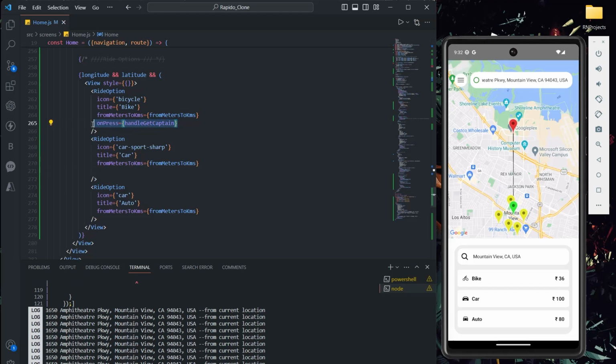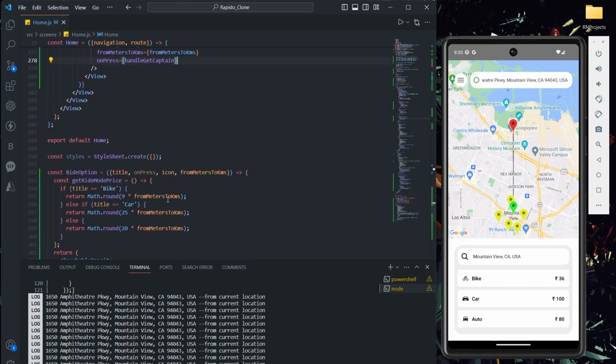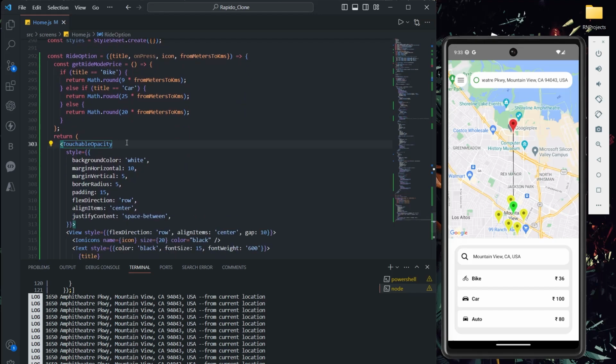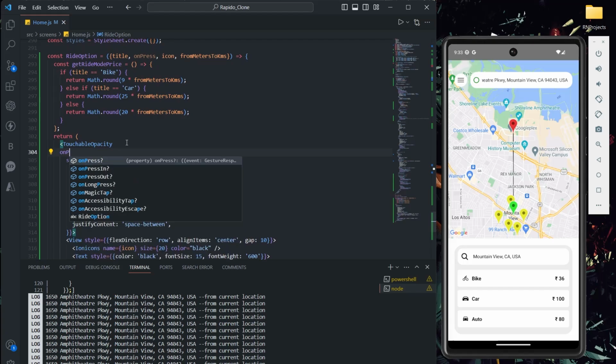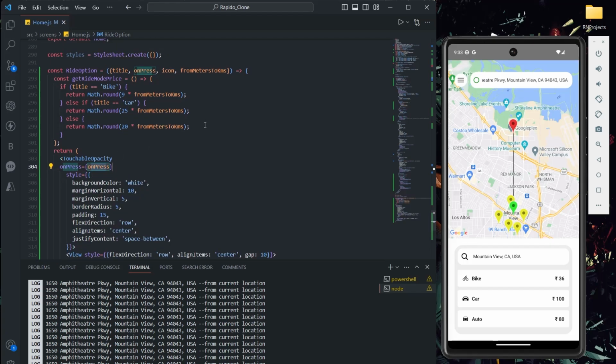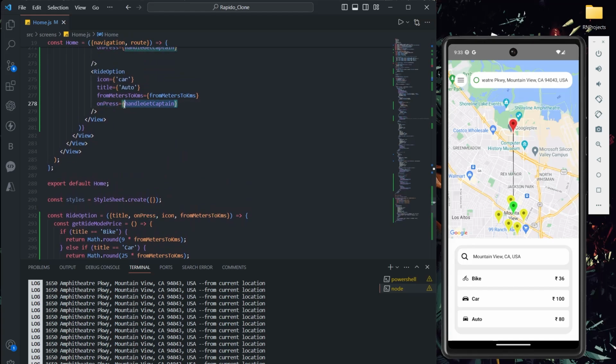Let me copy it properly. Perfect. And as usual, I have to pass this onPress to this, right? onPress equals this onPress. What we are passing as onPress means here we are passing handleGetCaptain.